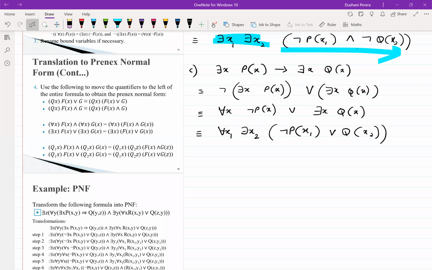Tomorrow we will do the lecture at the same time, 1 o'clock, and finish satisfiability. And after that, I think,